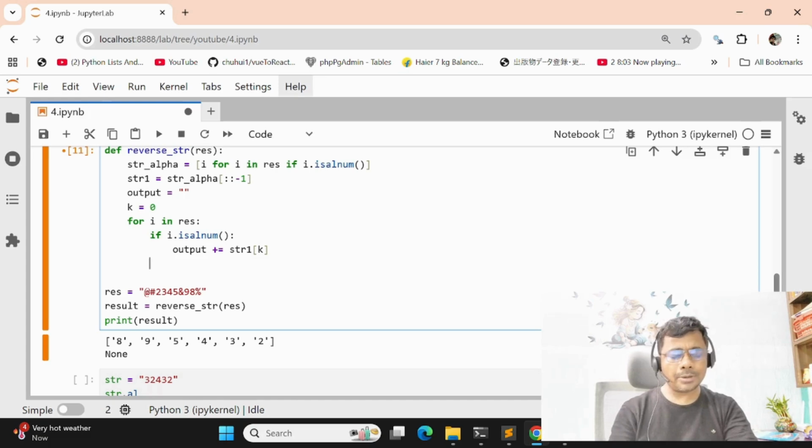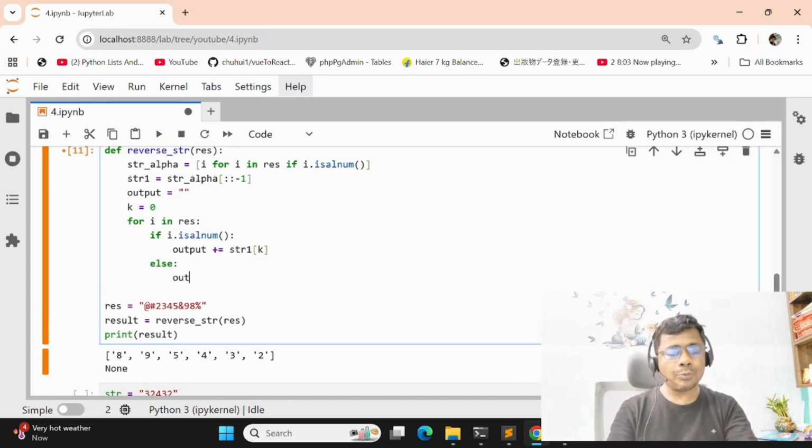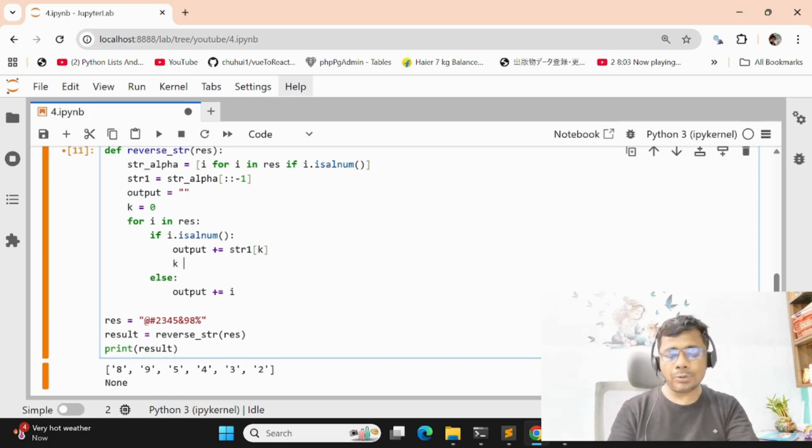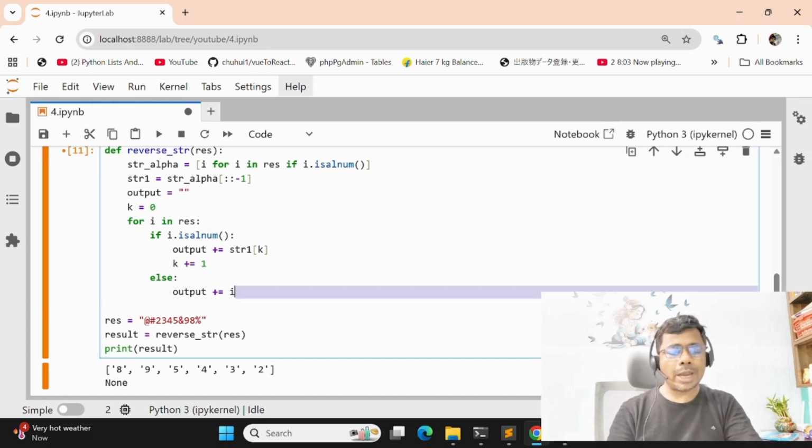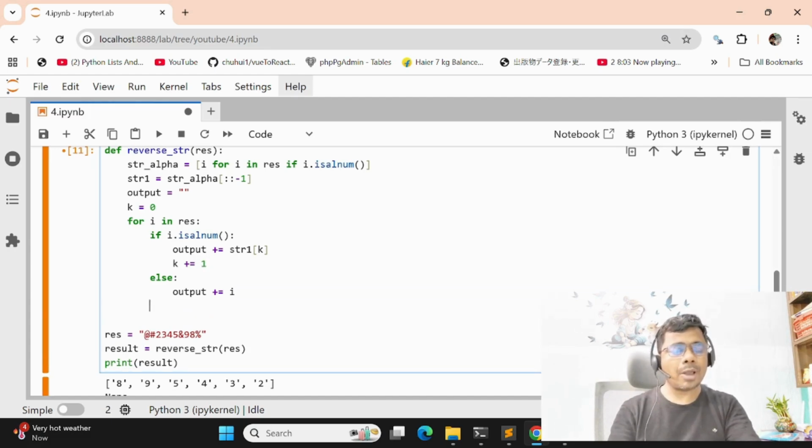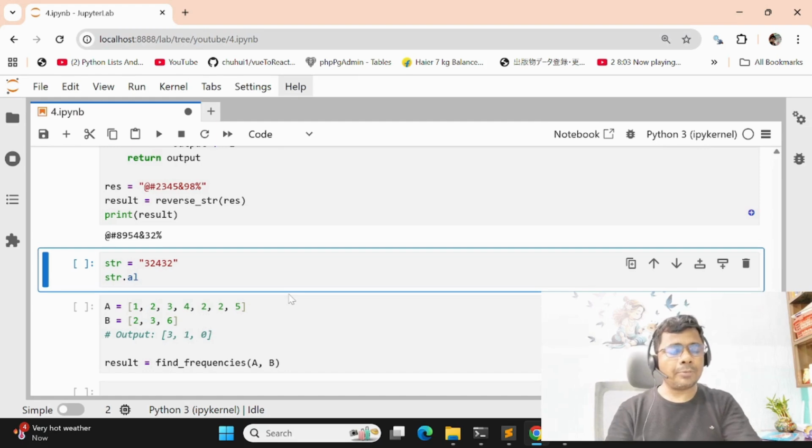Then define else, then output plus equal to i, then k plus equal to 1. Then we return the output, return output, then try to print.